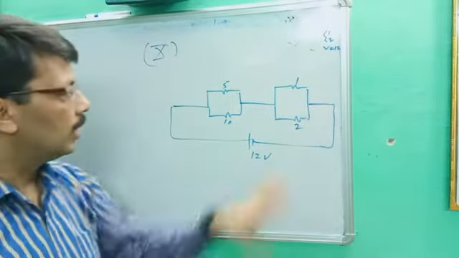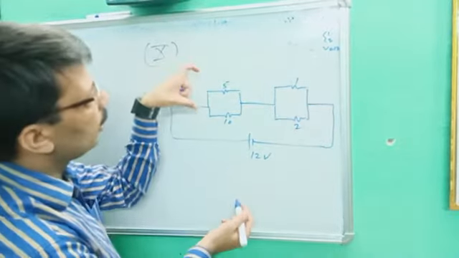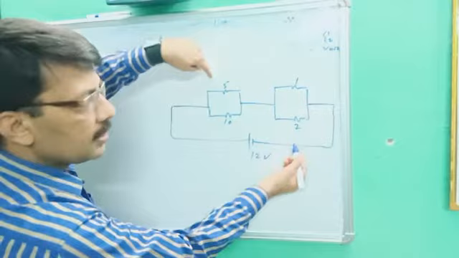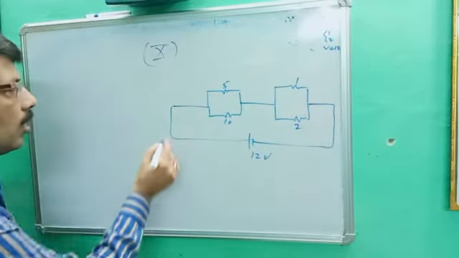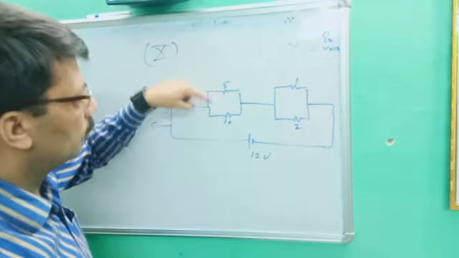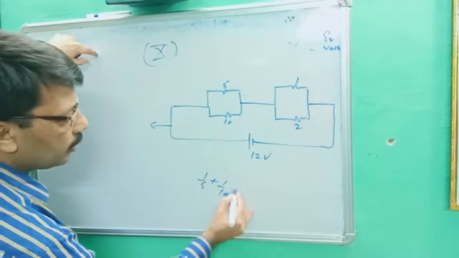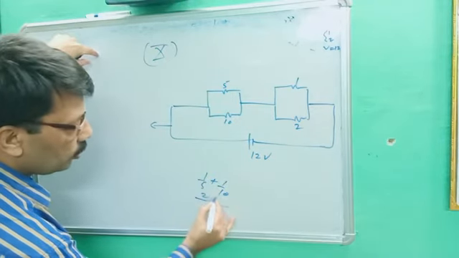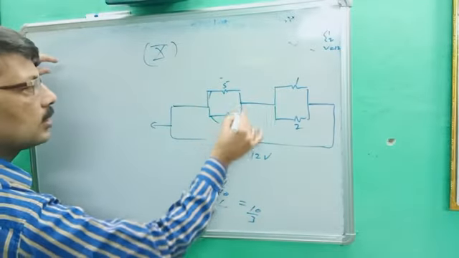Once again, let's suppose that circuit diagram is given, and I ask you to find the current for all resistances and potential for all resistances. So what do you have to do? First you convert the bigger diagram into a smaller diagram. They are in parallel, so first you solve parallel. 1 upon 5 plus 1 upon 10. LCM is 10. 2 plus 1. You will get 10 by 3. This answer is 10 by 3.